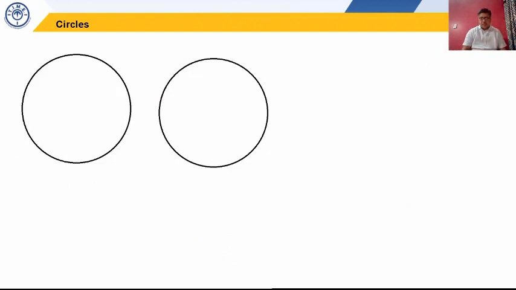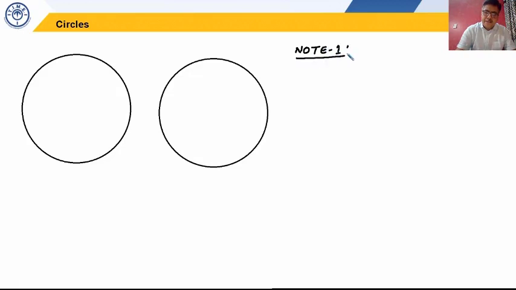The next point I am going to discuss is circles. There are lots of concepts in triangles, properties of triangles, ratio of area equal to ratio of base. So triangle is full of concepts. Now circles are relatively easy because we have fewer properties in circles. The first and foremost property of circles, note 1: